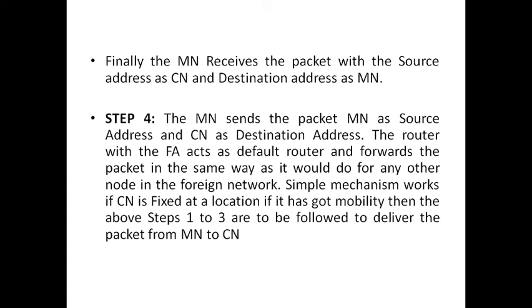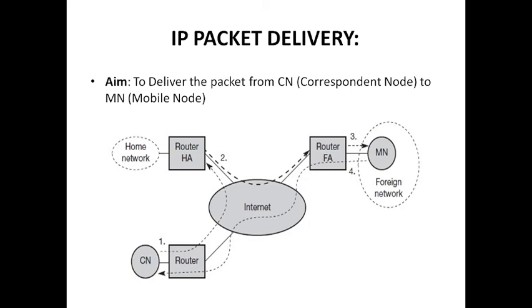Means if CN also is staying out of the home network, if CN is staying in the foreign network, then the process of encapsulating and decapsulating is done again. This is how IP packet delivery is done from correspondent node to mobile node, and also from mobile node to correspondent node. If mobile node stays in the home network, then there is no process of encapsulating and decapsulating